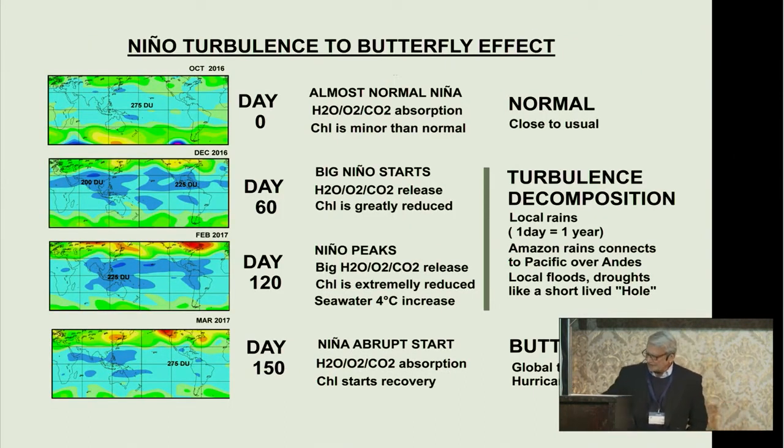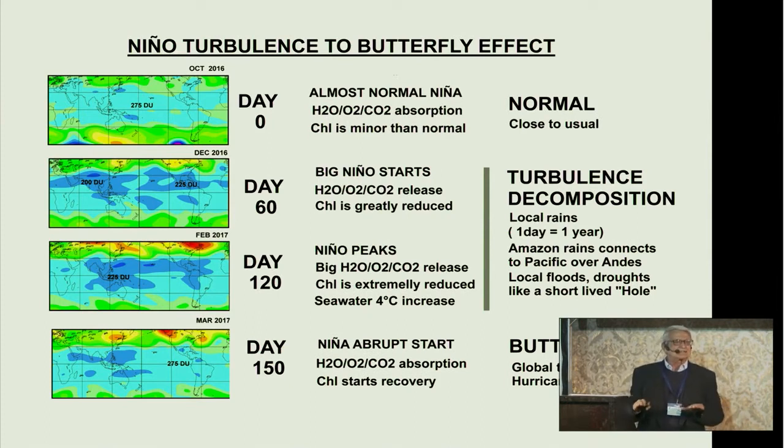This is a graphic about what happened this year. On day zero, which was October 2036, the dark blue is the thinnest ozone layer. As you see there, on day 60, there is a thinner part on the Peruvian coast. And on day 120, which was in February, what happened is that the Amazon evaporation system and the Pacific